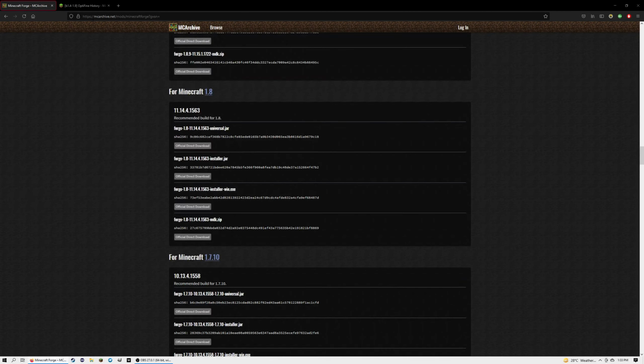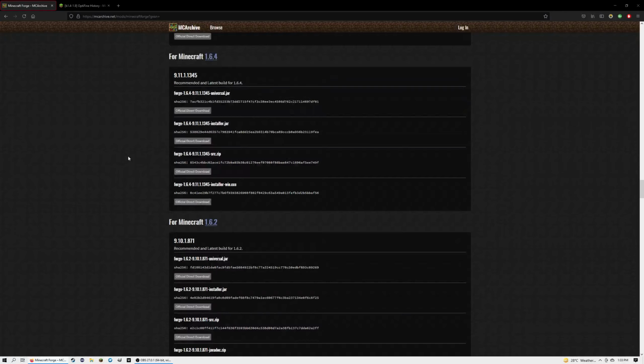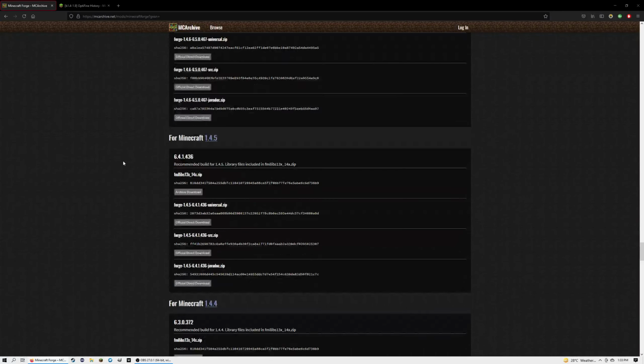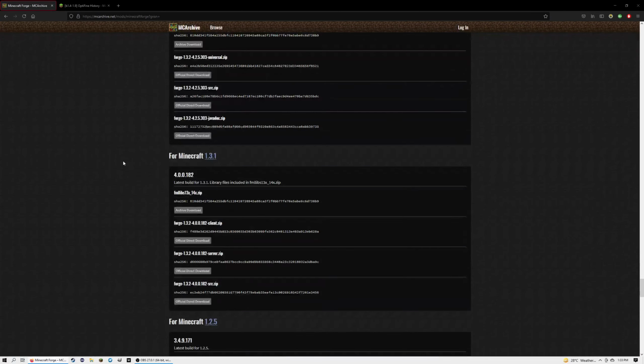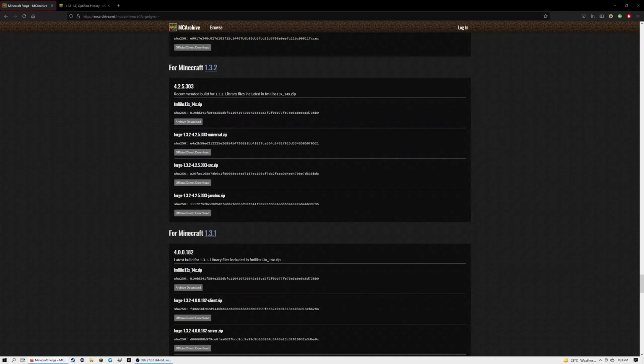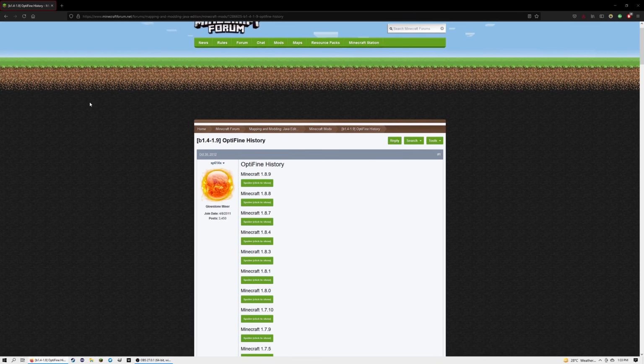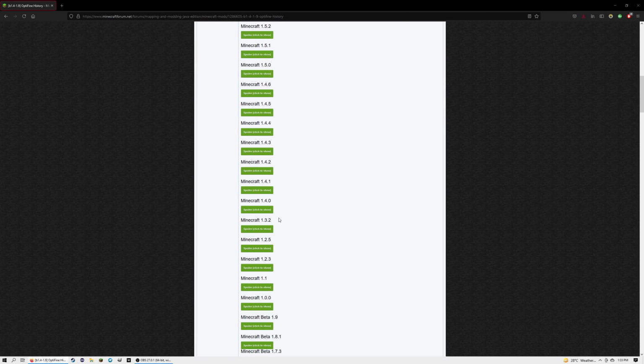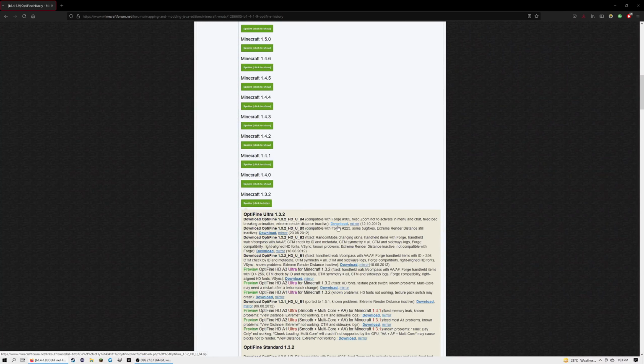So you're going to go to the first link and it's going to take you to mzarchive.net. Now you need to go here because the regular Forge will not work. So once you get down to 1.3.2, download the Universal, as well as the FML libs. Now this is why 1.3 won't work on your regular thing, because Forge does not download the libraries necessary to make Forge work. And then go to Optifine history if you want Optifine, go down to 1.3.2, and just download